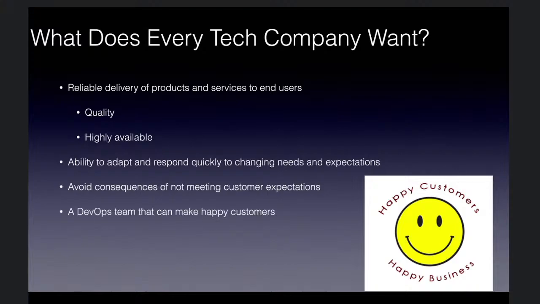So every company wants a DevOps team that can make happy customers. You may have your customer service engineers or people in business that typically look out for customers, but if they have to talk about a product that is bad, or if they finish their sweet talk and they come and make bad products, then it's all pointless. So you should now be getting an idea of why DevOps engineers are like that. People in business typically just expect that when there's a DevOps engineer, we should have good software in production.